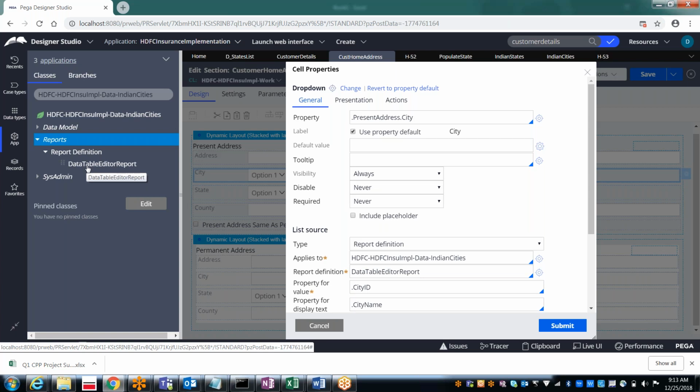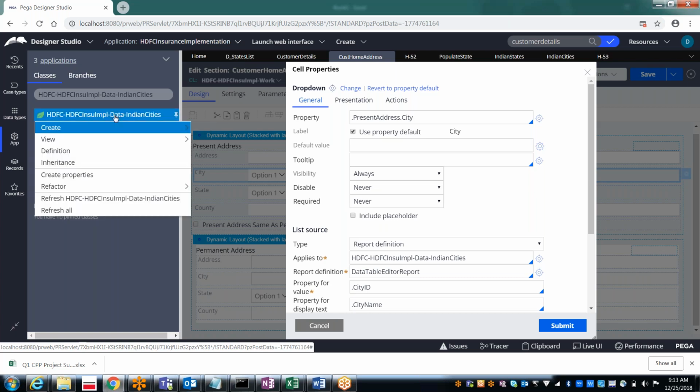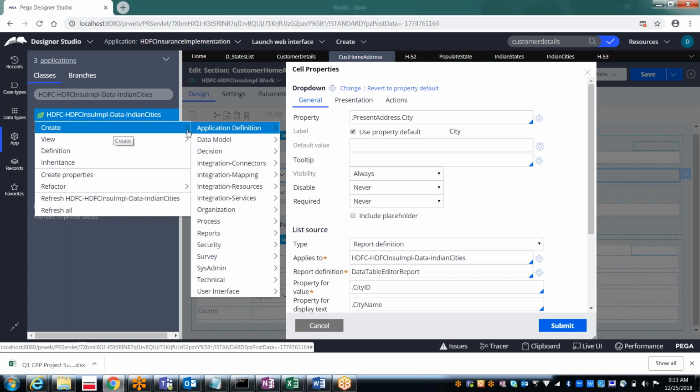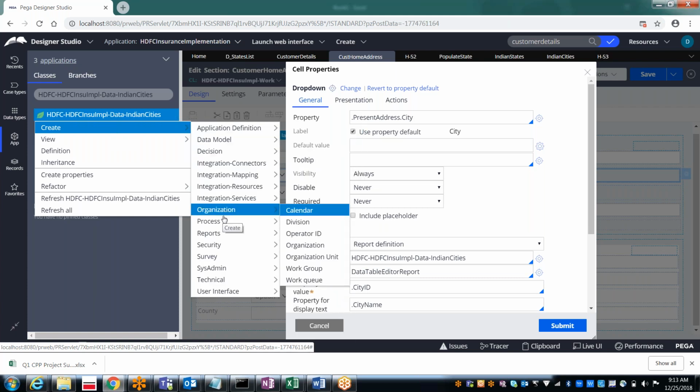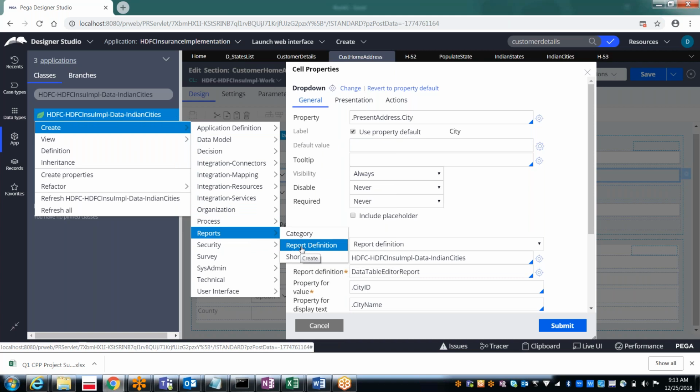So you can create your own report definition. How can you create any rule? Just press the right mouse button on the class and create. As I am already on the report definition, I can directly create the report definition. Otherwise, on the class, create, reports, and then report definition.